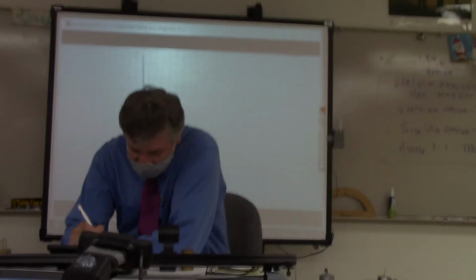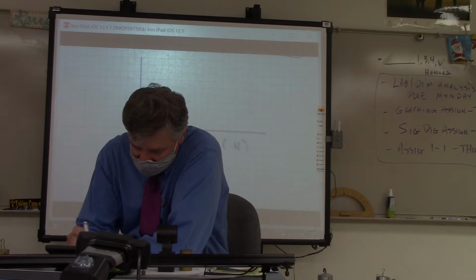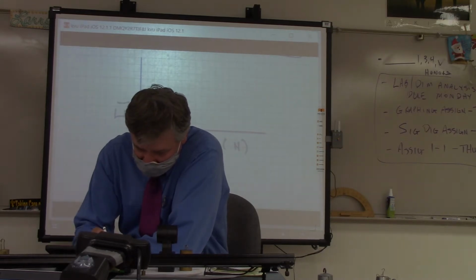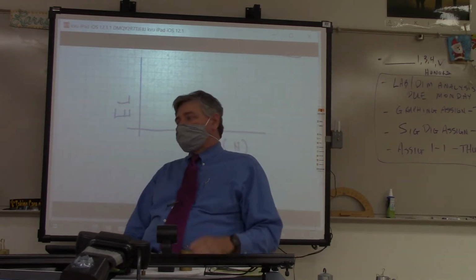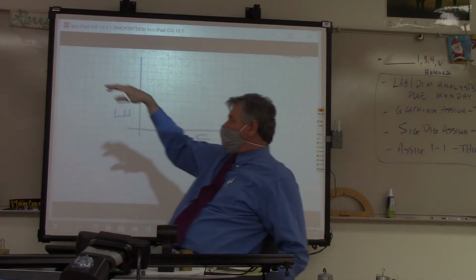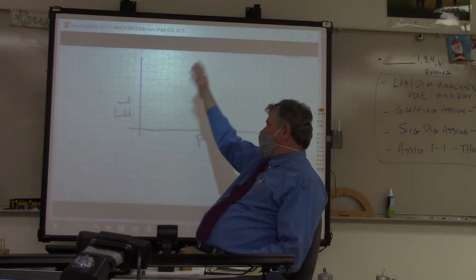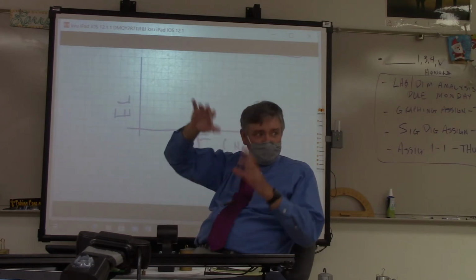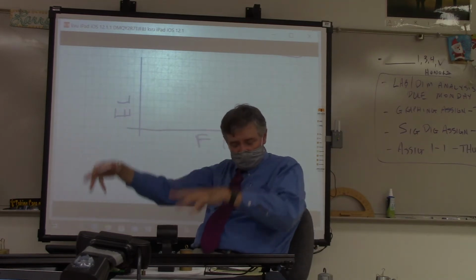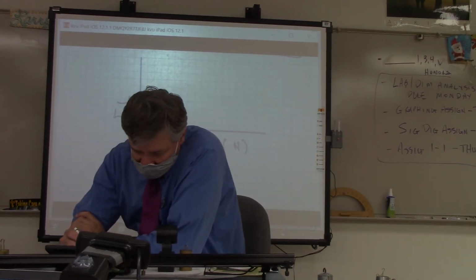All right, so the first graph that y'all are going to have is a graph of force in newtons here and elongation here. Here's the first thing I'm going to look at. On your first graph, we put force here because that was our independent variable, because that was what we control. You put elongation along the y-axis because that was dependent upon that value of force. So you're going to draw a line of best fit